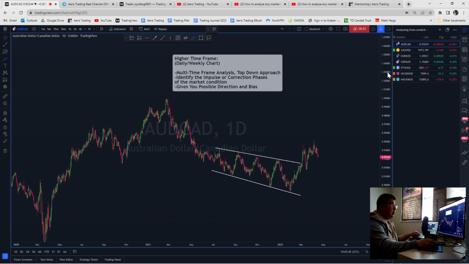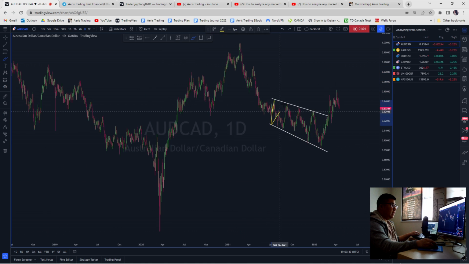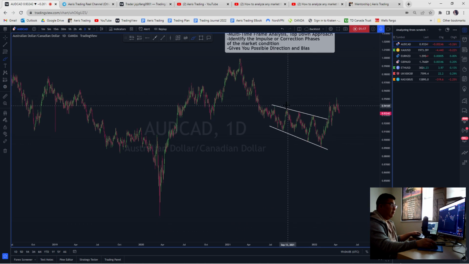So you can see here on the higher time frame, this is the latest impulse, and we fall into this descending channel. We know descending channels are usually going to be bullish reversals. In this case, we did develop into a descending channel that did play out to the upside. So before this upside move, our bias should be already looking for a potential upside move once it finished this